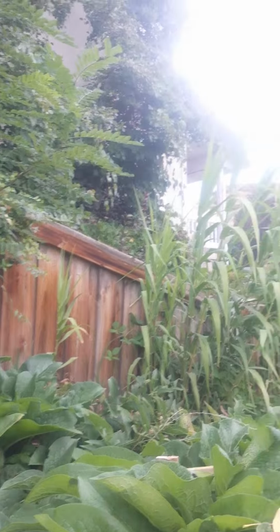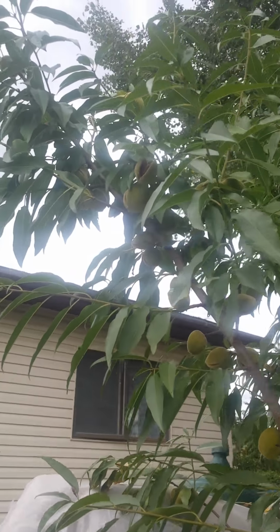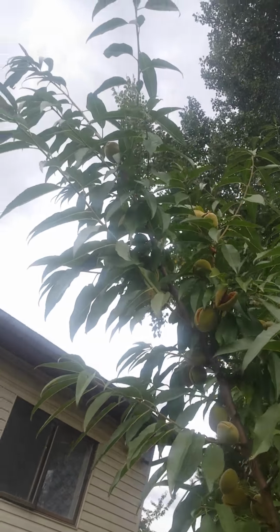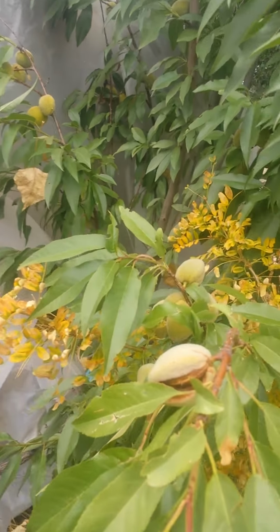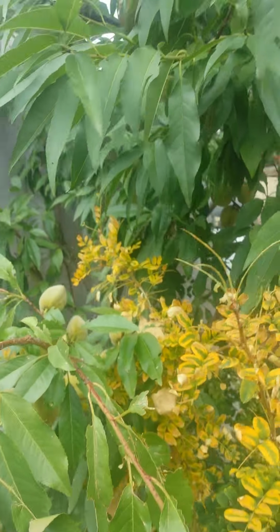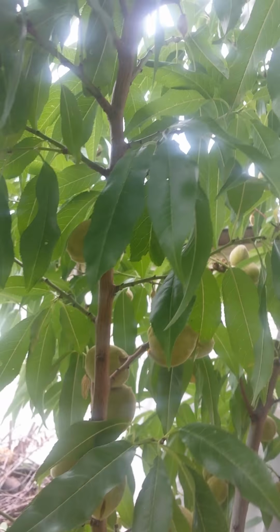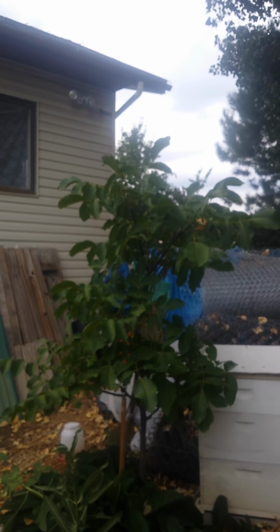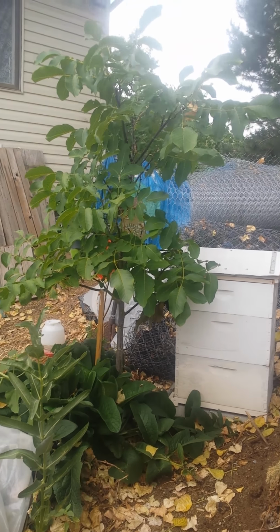And there's our wall of bamboo growing there. We have our wonderful, we just saw one open yesterday, almond tree. He's loaded with almonds and they're starting to open up like this, as you can see. And so you don't have to worry, they open themselves. Just loaded with almonds. He's so beautiful. By our big stack of straw covered up, and there's our little walnut tree, and he's got his guild. You can see the comfrey is beautiful, and he's next to our